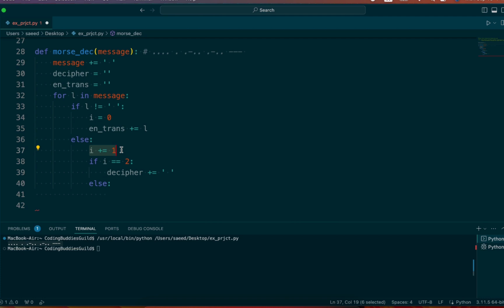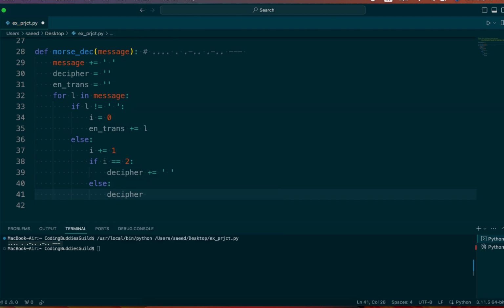What happens now is that this i thing is here to say if it's a word or not, right? I'm saying if i equals 2, I want to add that word. But for now, it was 0 here, so i is 1. And what I have in the English translate variable here is only 4 dots. Dot, dot, dot, dot. We got here, incremented, i is 1. This condition is not true. You will see how I'm going to use this now. And so we go here because i is 1. Then I'm going to go decipher,